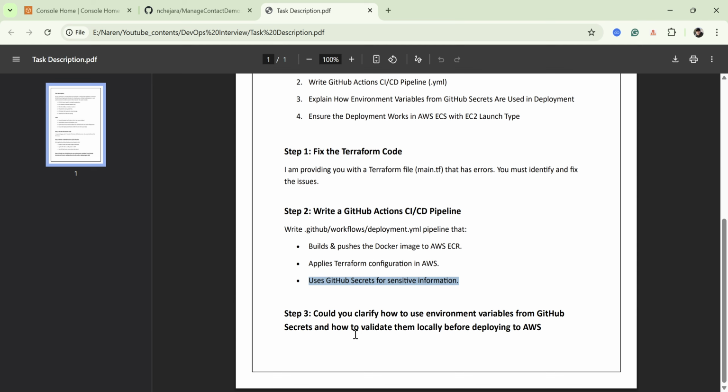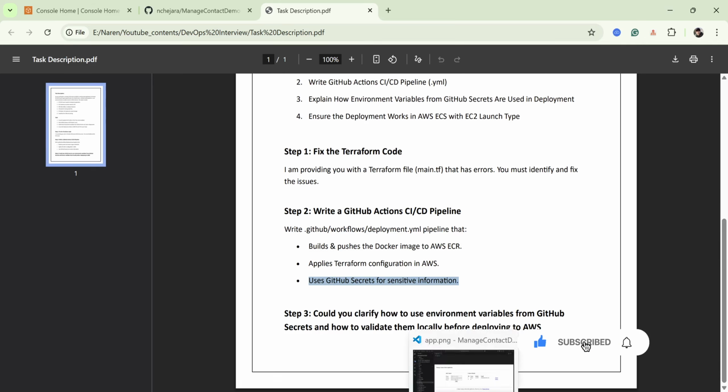This is one task, and we also need to create the GitHub secret, and then we have to create a GitHub action CI/CD pipeline where we are building the Docker image. Okay, so now let's understand the flow. Okay, so we can go to our PPT to understand the flow. So initially,